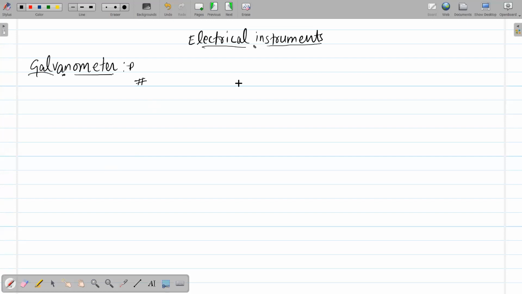And about galvanometer, I'll be telling you few points only. So we are supposed to have a basic idea about galvanometer, not complete idea. Complete idea will be given in the magnetic effect of electric current chapter. So let me tell you basic idea about this instrument. First of all, let us know that it is a device which detects very small electric current.